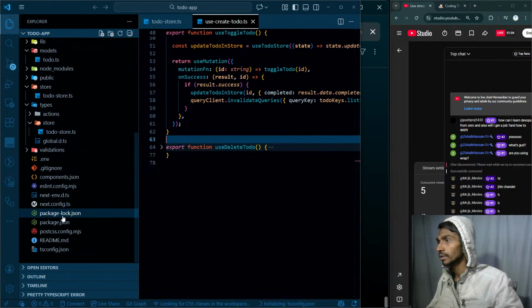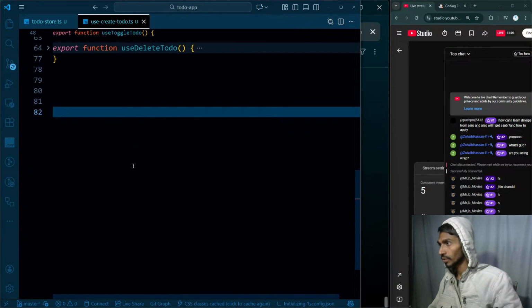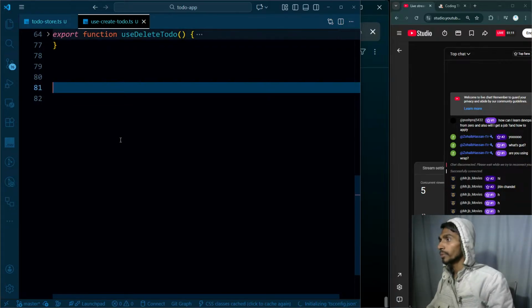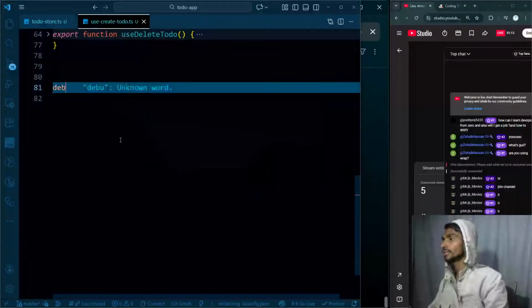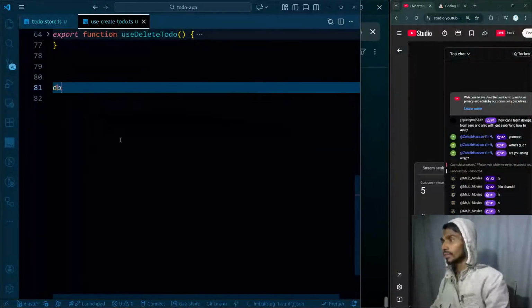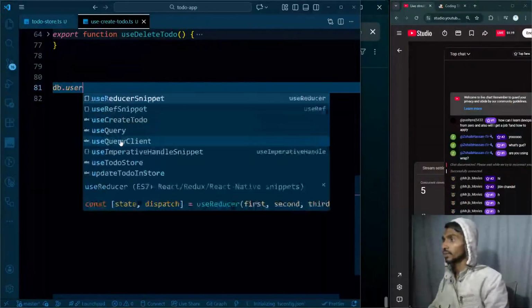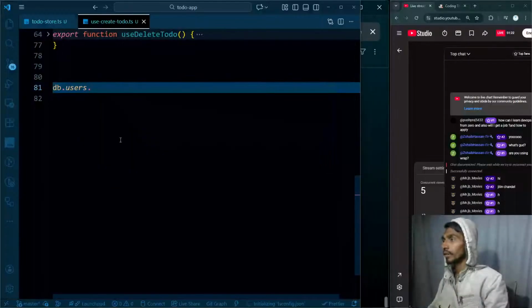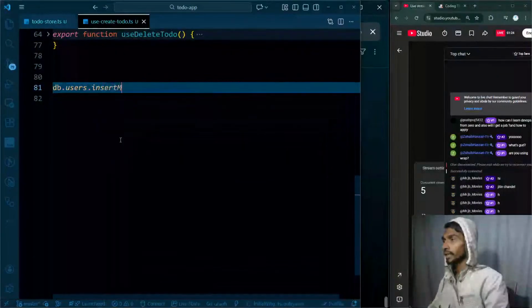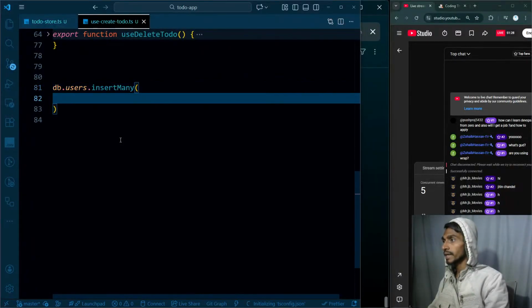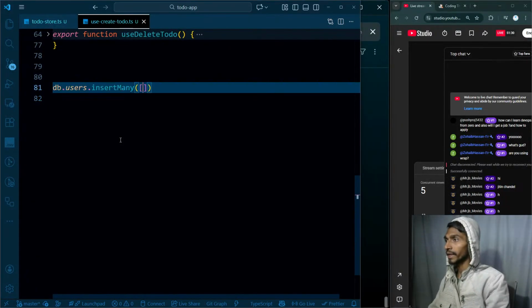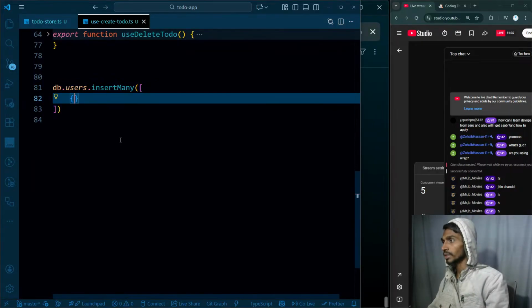Close this, and this is just going to be template code, so I will be removing it from here. What I want is db.users.insertMany. I want to insert many, and when I want to insert many, I have to make sure that I give it an array, and inside the array I will have my objects. Suppose I want to